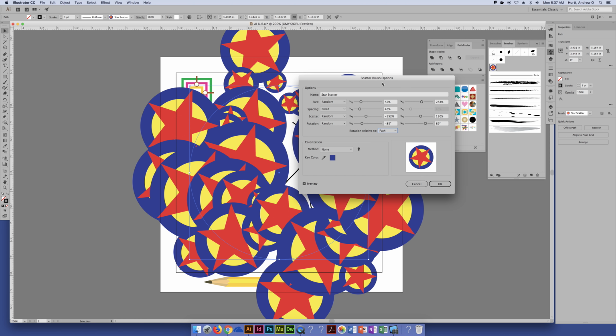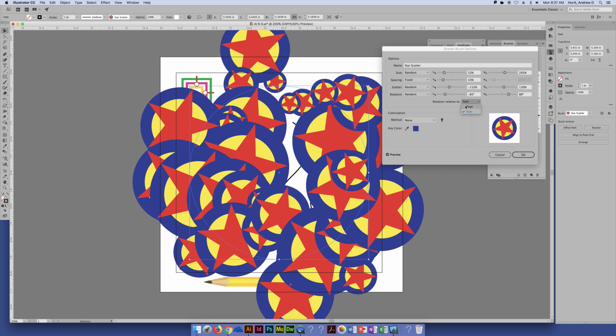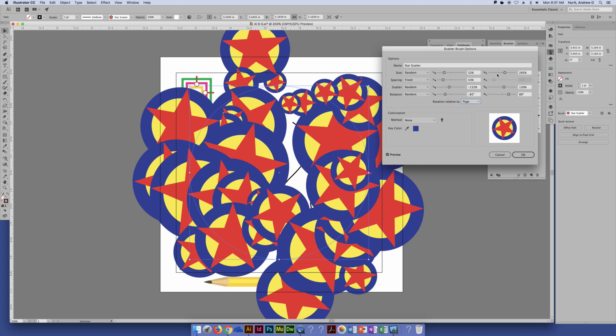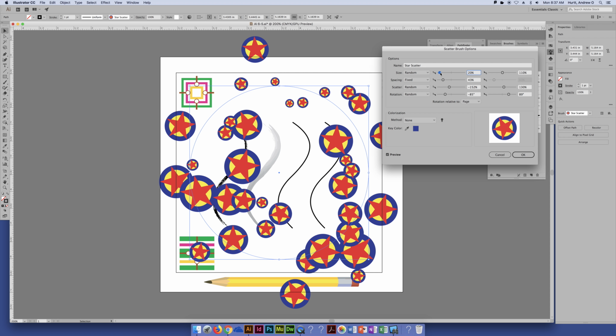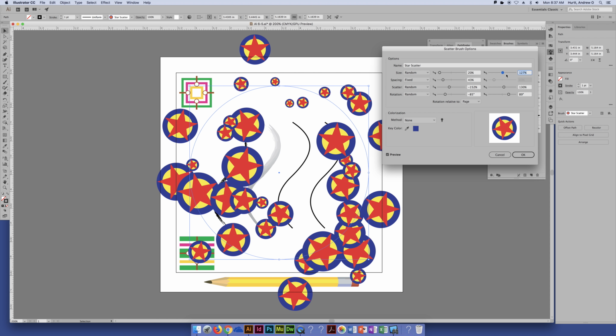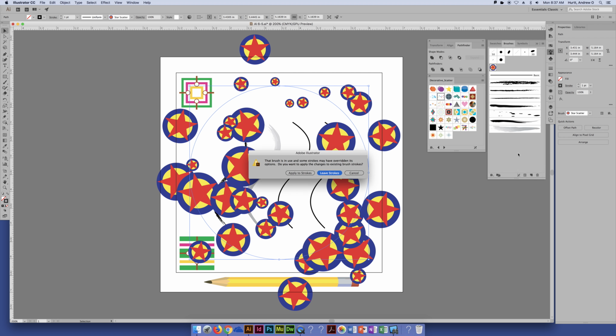Yeah, to where we have, probably should have had the size a little bit less than that. There we go. Let's bring this down to 20. Then we can bring this up just a little bit, so it's not so crazy. So now you can see we can adjust that. You can adjust that scatter, or adjust any of your options for that matter, for our scatter brush that we